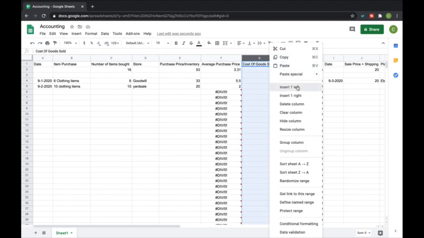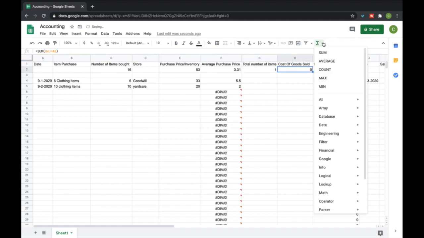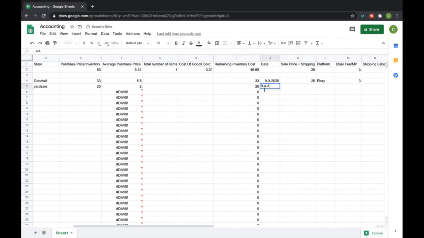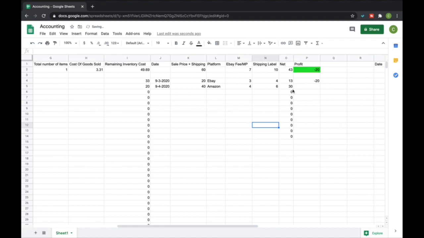So what you'll do is you'll insert another column, total number of items sold. So we've sold one item, right? And so we're going to put that in, and our cost of goods sold now becomes the total average times the number of items we've sold. Currently, of course, $3.31. But if we come over here and we were to sell another shirt for $40 on Amazon, I don't know, somewhere, and we just fill out our normal fees, $6 label, things like that, then we would be at $30, and our profit would be,